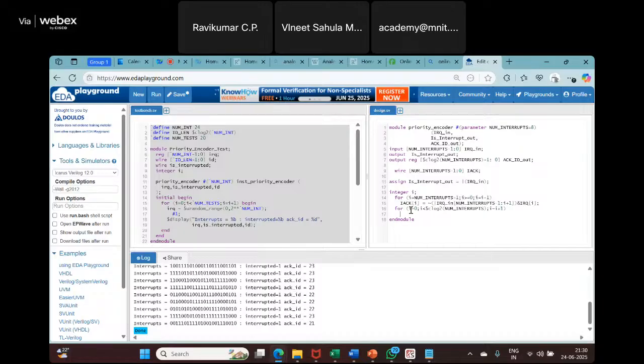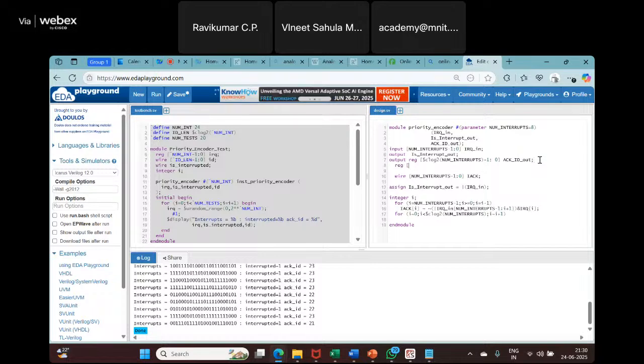So what we could try is we could write another reg temp, which has a similar size. So we'll say temp equals I,